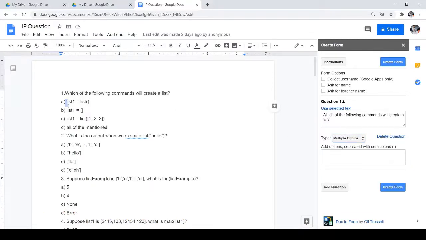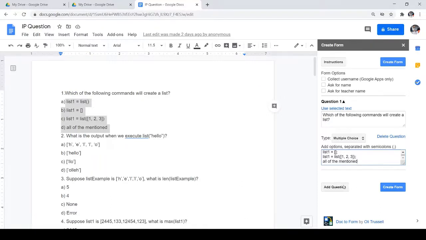Then you choose all the sub options from here, copy that text and paste here. Then you just remove the sub option labels A, B, C, D from here, and to create the options you put a semicolon. Here it is already defined that options are separated with a semicolon. We put the semicolon after the first three options, not required after the fourth one. I just click Create form. You can add many questions, but there is a limit of 10 questions in this Google Form add-on.